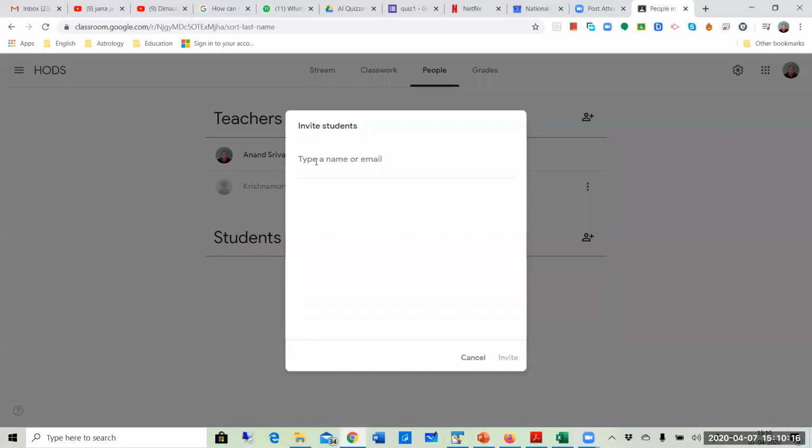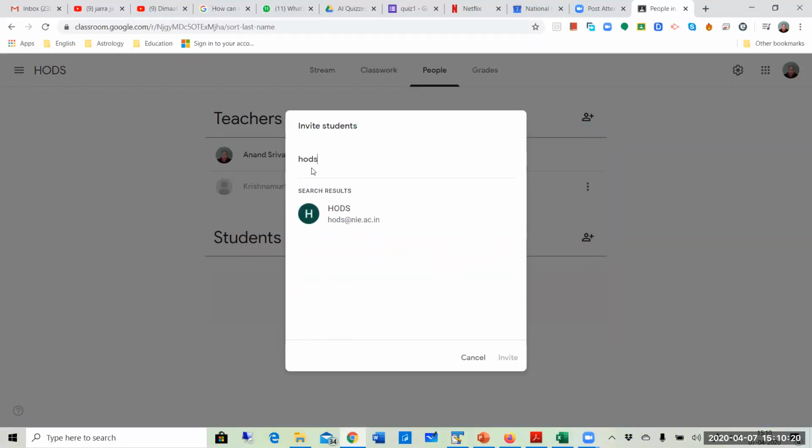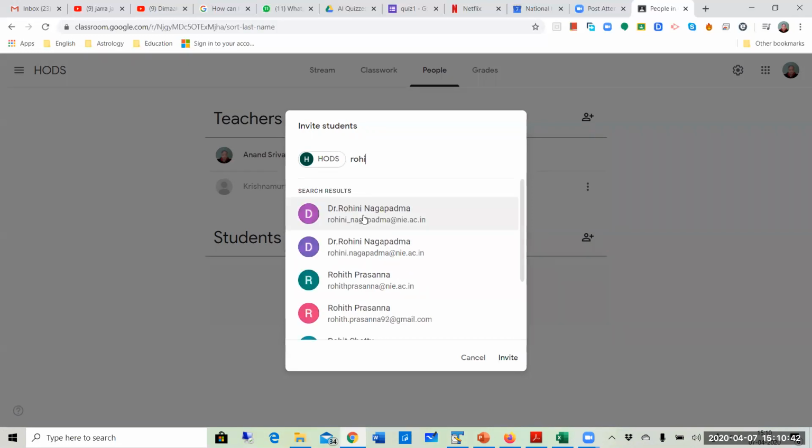So I'm sending an email, an invitation to all of you HODs, okay, plus these are all the HOD emails, not your personal emails at ni.in. These are all HOD emails. So if you are looking at it, please look at the HOD's email and accept the invitation. We will see all the people who accepted over here, who has not accepted. Now, one more thing I want to add is